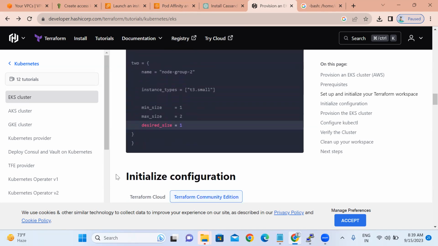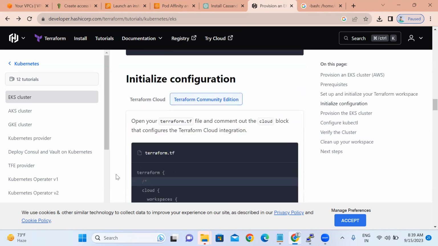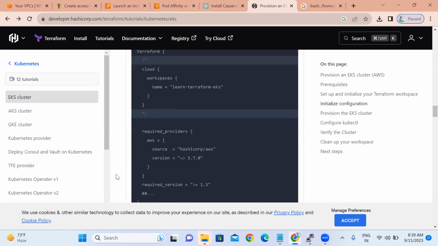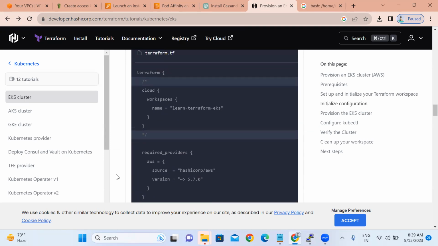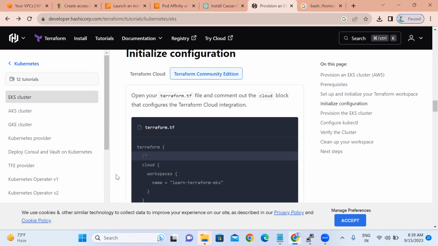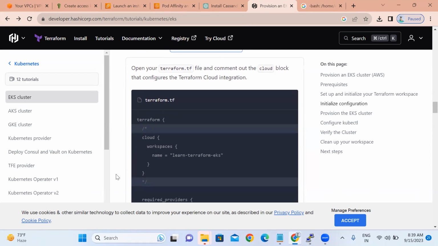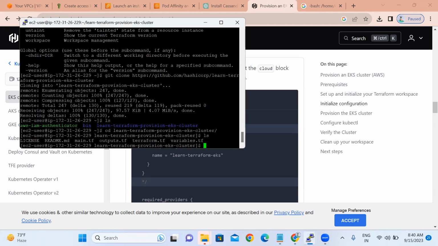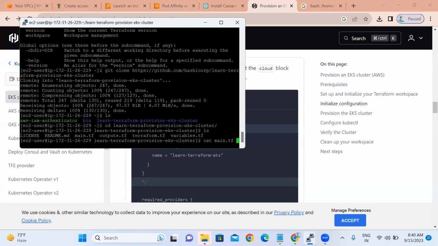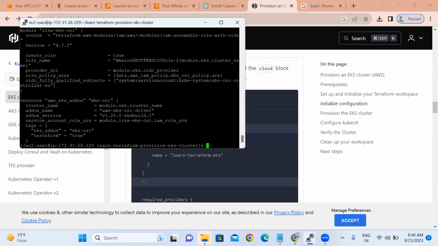In the main.tf we need to set these changes. If you open main.tf,